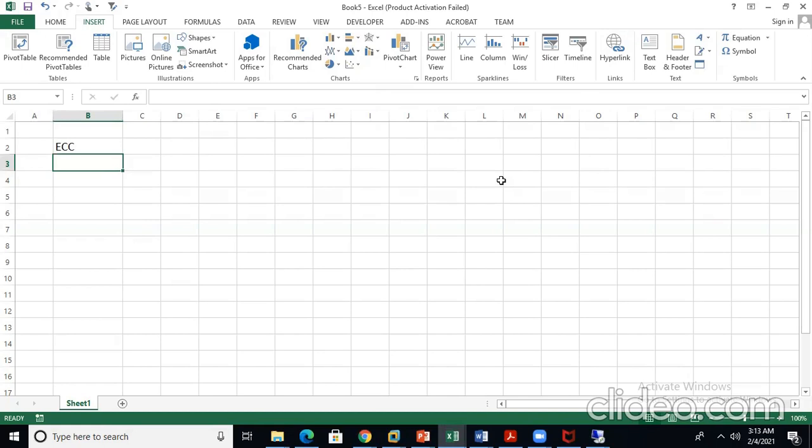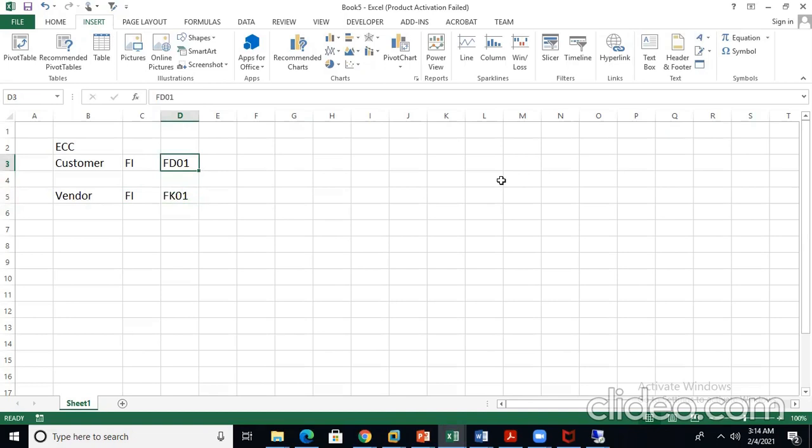So in ECC, if we wanted to create a customer or a vendor, we had the option of creating it by directly going to a T code for customer. It was FD01, that was in FI, which is financial accounting, which is company code. So we wanted to create a customer in company code. The T code was FD01, and if we wanted to create a vendor in company code, which is FI, the T code was